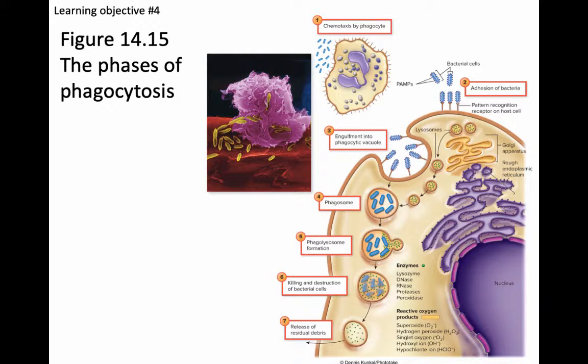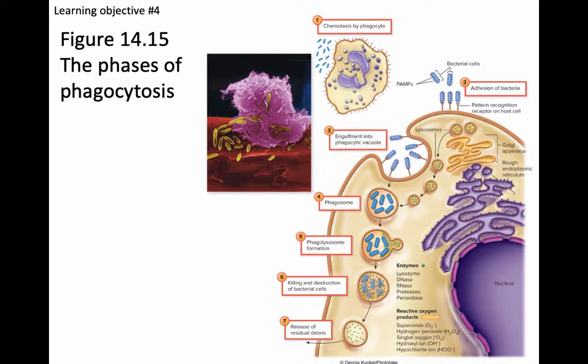On the surface of the bacteria are pathogen-associated molecular patterns. So the pattern recognition receptor on the phagocyte binds to the pathogen-associated molecular pattern on the surface of the microbe. So these two are shown bound up in step 2. Once the microbe is bound to the surface of the phagocyte through this interaction, in step 3, the microbe is engulfed into a vacuole, so it's now in the interior of the phagocyte. And in this structure, in step 4, the microbe is contained within this vacuole, and that structure is called a